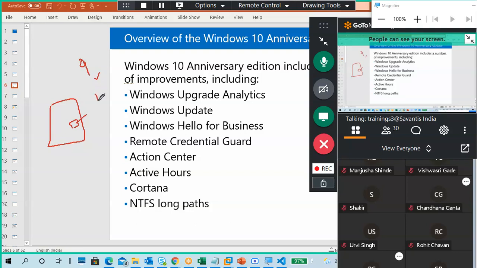Update means it does not become 10. It is still 9 only, but some issues will be solved for next time, right? So like this, these updates are helpful to improve the performance of your laptop, so it fixes some issues automatically in the background. Okay, that is called an update.